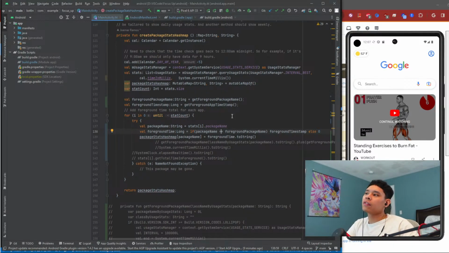So the problem that we have right now is this function is currently being used to get our app usage data on a normal occurrence. But how we grab usage data normally is different from how we want to use that data for when we foreground things. So this foreground timestamp is different from this right here. It's different from the total time in foreground. So now we want to have this show